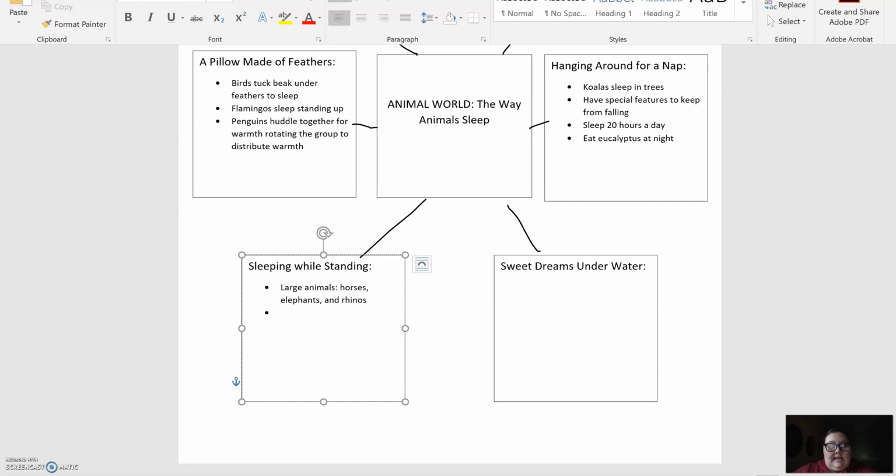And we're going to say, so they don't have trouble getting up, and because their weight would cause breathing problems. Okay, and last section here